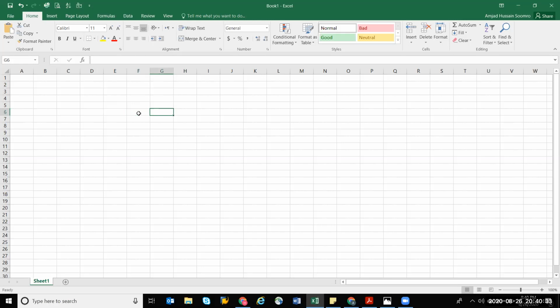For example, if you are in a big colony and there are thousands of houses, every house has its own address. Similarly, this cell which I click here also has an address. So what is its address? Because it is located in the G column and also in the sixth row, its address is G6, because first we mention G, which is the column, and 6